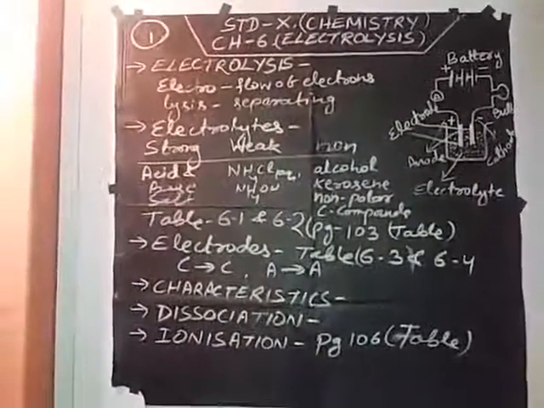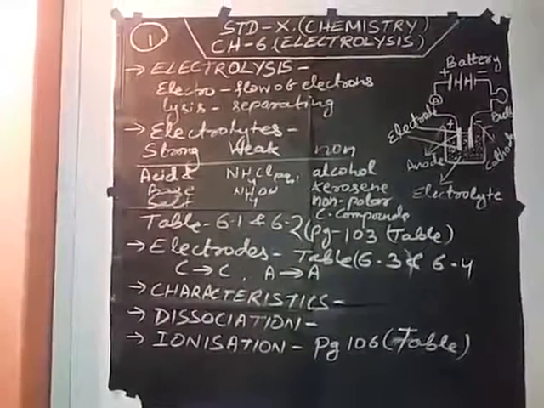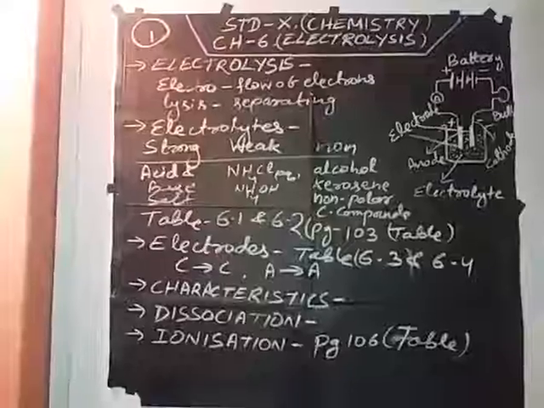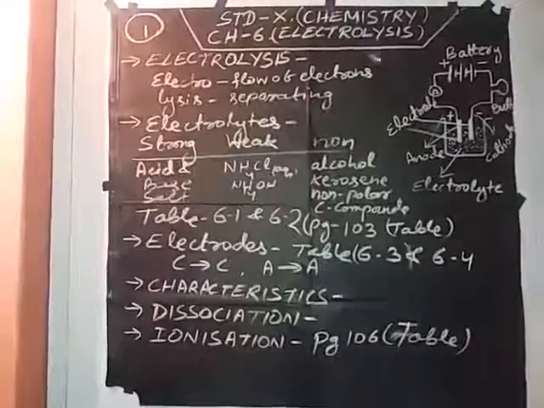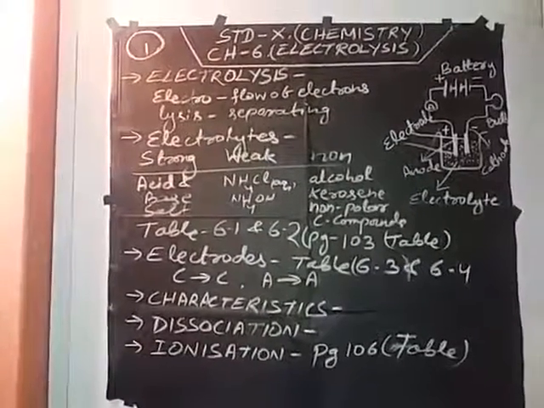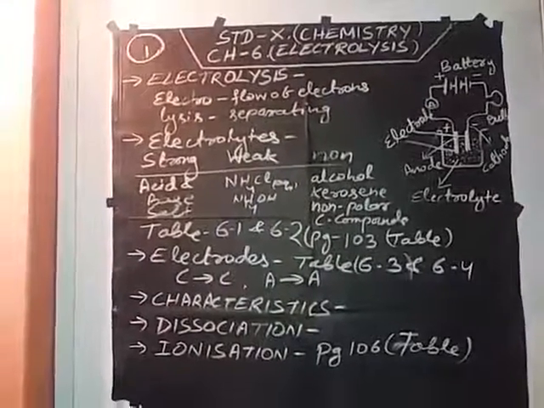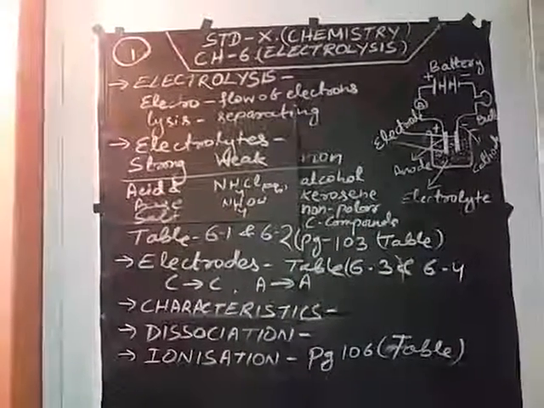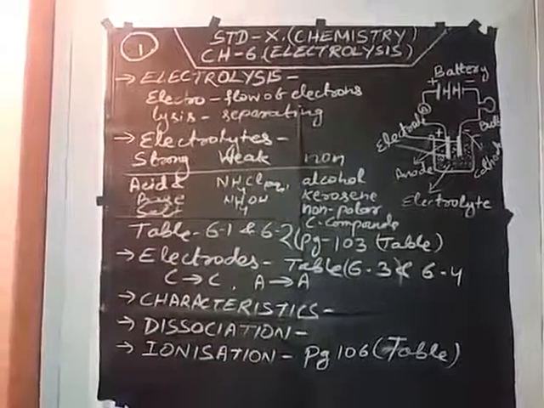In a metal, there is a flow of current, but there is no separation of ions. But in a metallic salt solution, there is separation of ions. In a metal, conductivity is the property of metals and alloys, but in a salt solution, electrolytic conductivity is the property of electrovalent compounds.